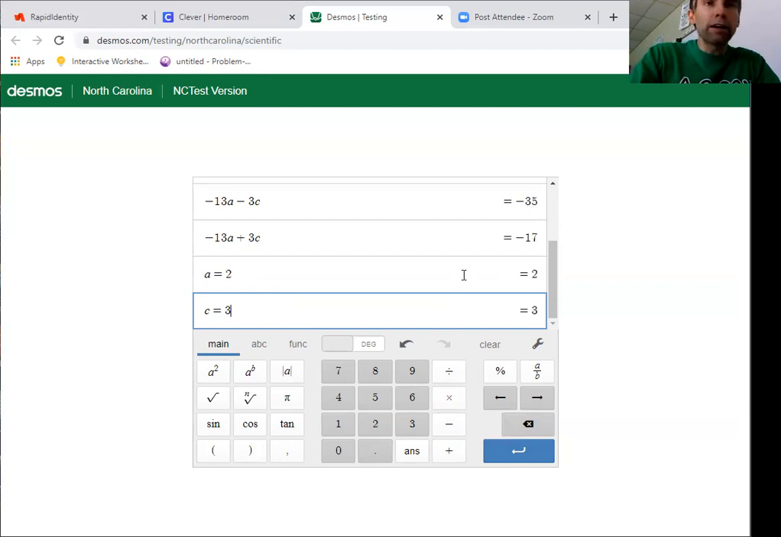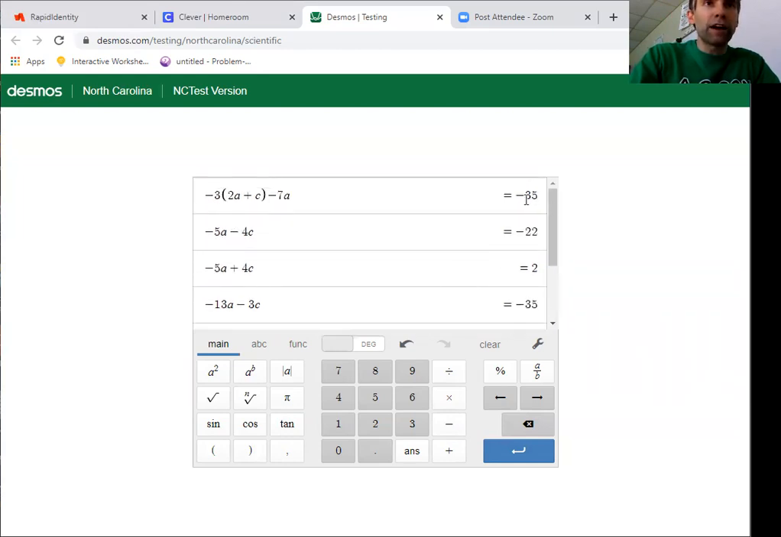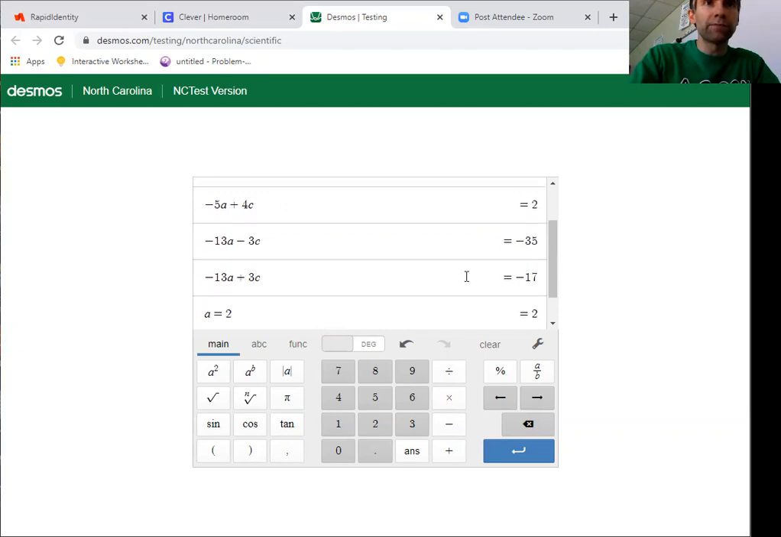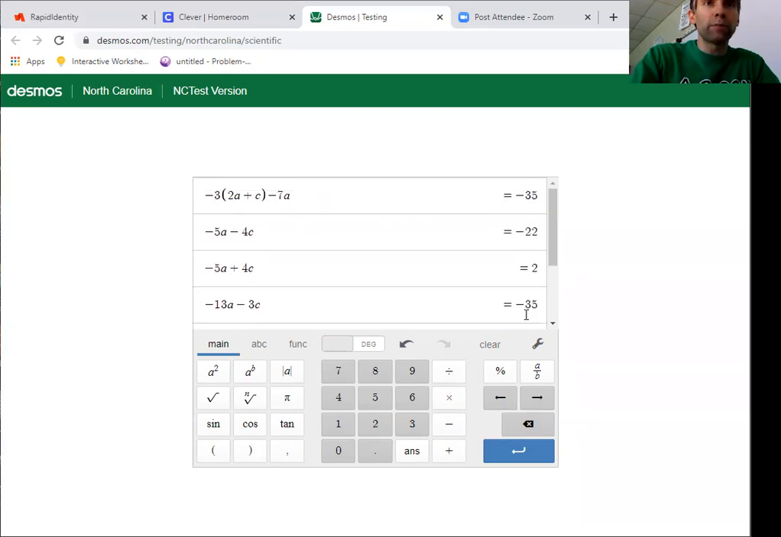So if I come back up and look, I had -35 to start with. Over here, nope, not -35. Not -35. Yep, -35. Just to show you it wasn't this last one. That's -17. So if I got negative 35 up here and negative 35 right here, I know that when I do the distributive property and combine like terms, negative 13a minus 3c is going to be my final answer on this one here. So once again, a good way that Desmos can help us out in terms of checking over our answers